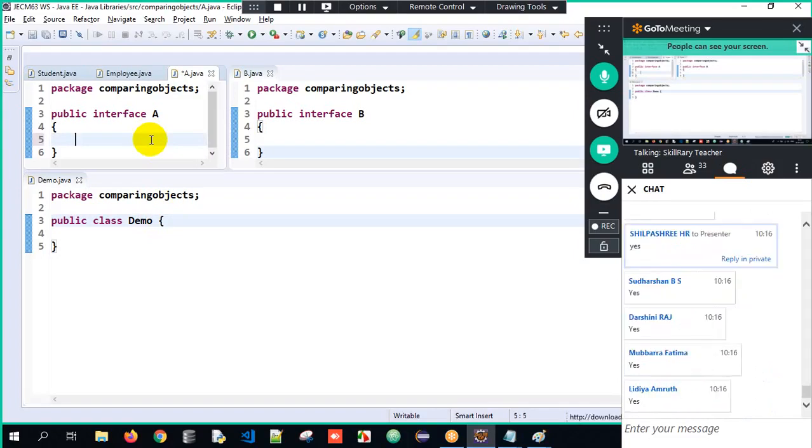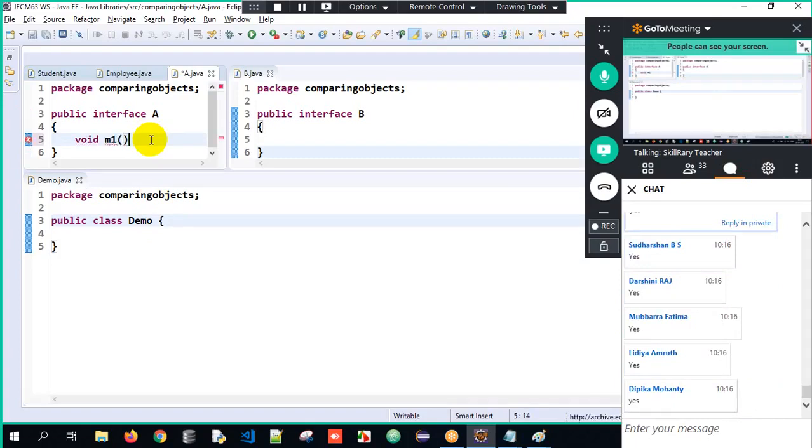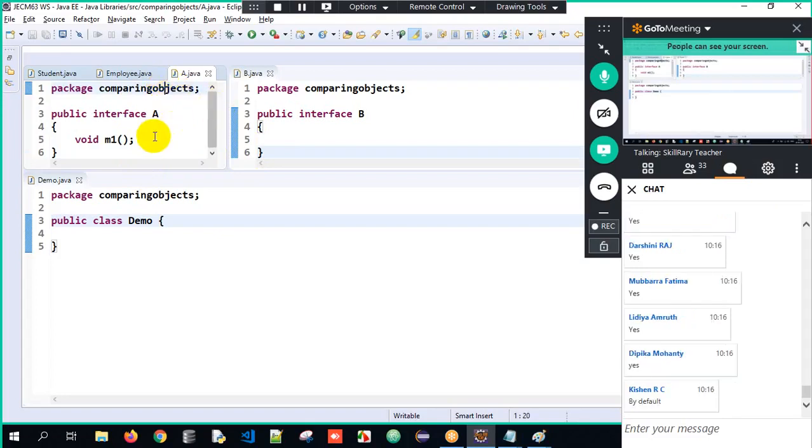Now, I will have an abstract method called void m1 method, open parenthesis close, and terminate using a semicolon. Why shouldn't I write it as abstract over here? Because in an interface, all the methods are automatically public and abstract. So it's not necessary for you to write public and abstract. Generally, an abstract method has a declaration, no implementation, and has to be declared using the abstract keyword.